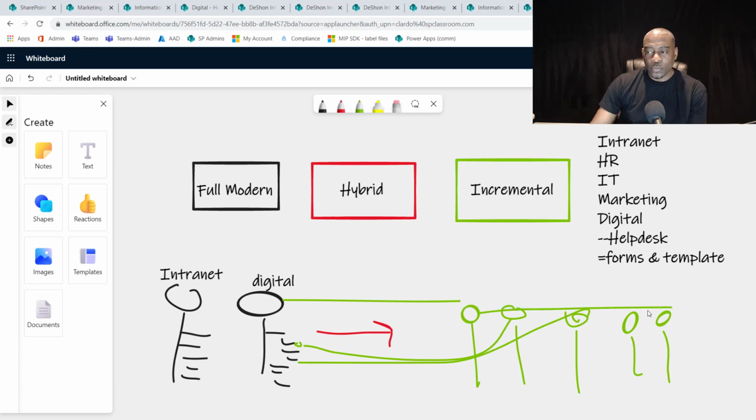What does that look like when I'm moving everything from on-prem to the cloud, but in the cloud, I have this fork in the road because everything in this main site collection, I probably cannot modernize for whatever reason. Now,